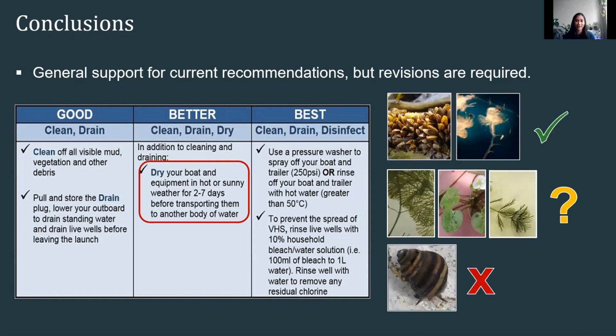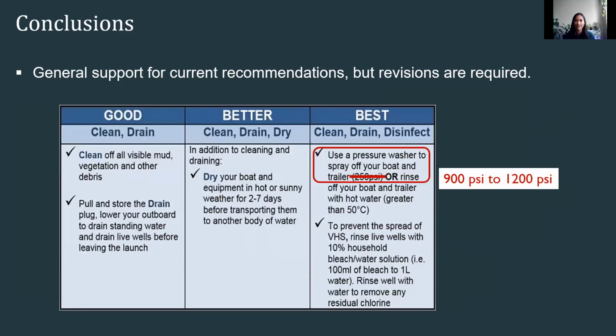For instance, the recommendation of 2 to 7 days of air drying seems rather loose when we know that the lower range would only work on smaller invertebrates, some but not all plants, and most certainly not on the aquatic snails. Instead, recommending a longer air drying time in the upper range would ensure that if implemented, a greater number of species and individuals would not survive. Similarly, a pressure between 900 to 1,200 psi instead of 250 psi would be the best to ensure the cleanest